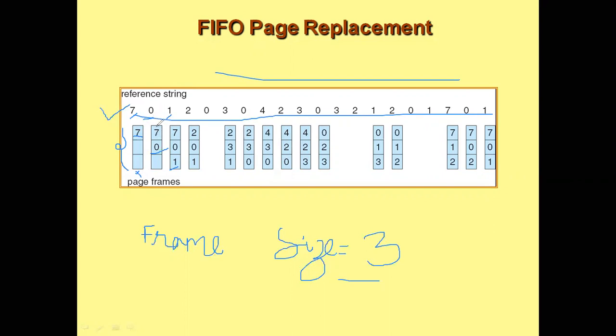0 was also not in the main memory, then we put it into main memory. So this is a page fault. 1 was not in the main memory initially, that is why it is a page fault. Later it was put into the main memory.